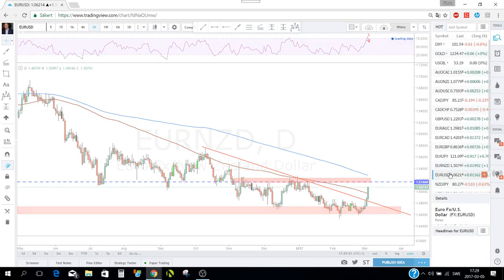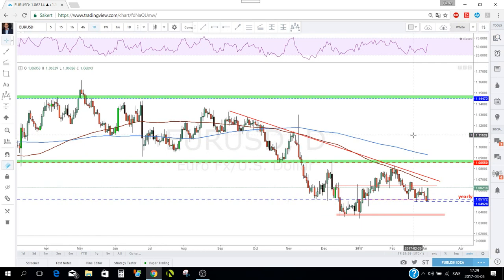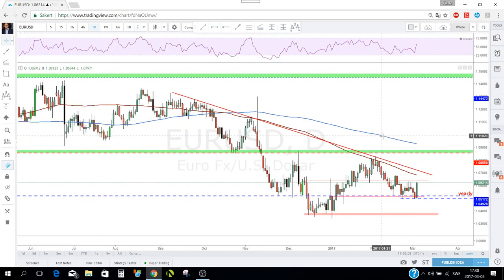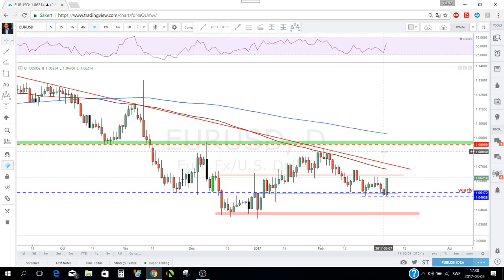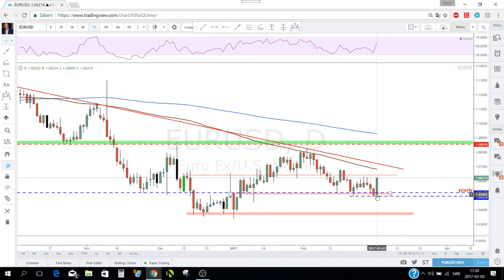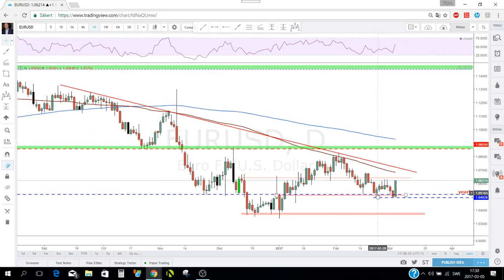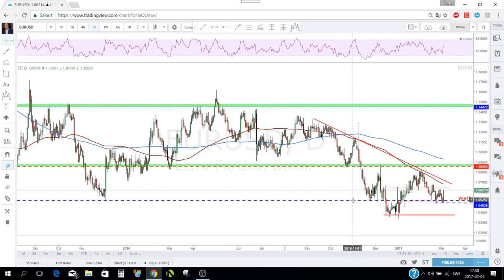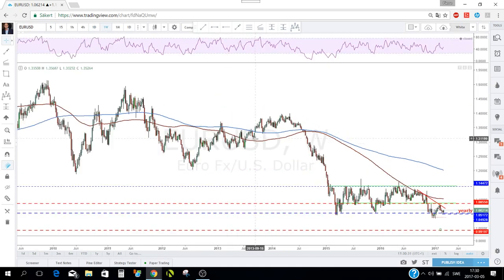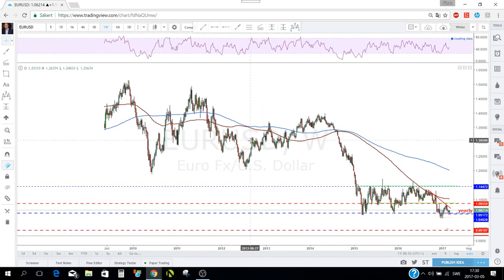And the last but not the least, Euro USD. Euro USD, as I mentioned last week, guys, we were talking about this yearly level that we should be looking at for a bounce to the upside, and we really got a very good bounce, but at first it looked a little bit hard traded, but then the move was very fast and clear after